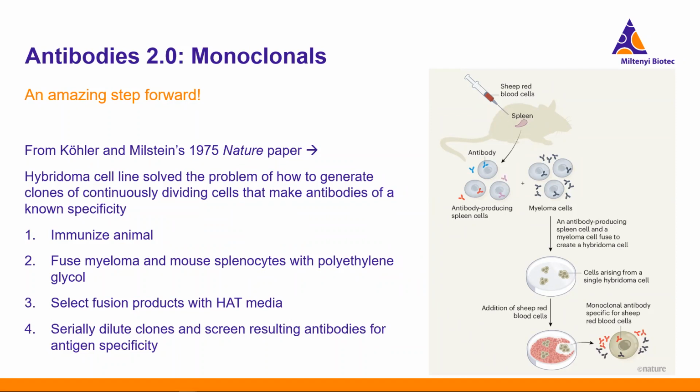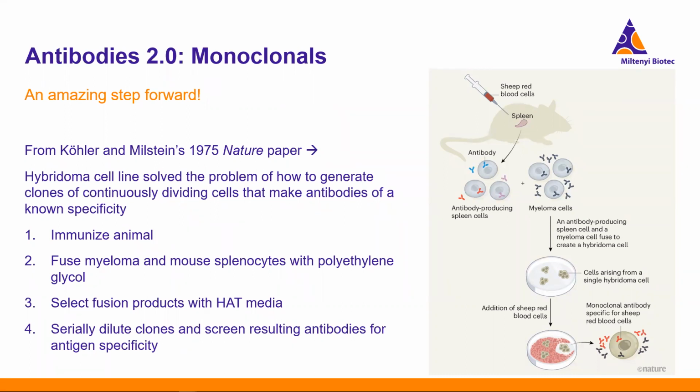You can expand them, you can screen your antibodies, determine which is your best clone, and then you just culture that as a new cell line. And these hybridomas are immortal because of the nature of that myeloma cell. And they're just these continuous little antibody factories, each producing its own unique antibody. And so obviously this was a huge step forward, like a really drastic improvement on specificity and consistency. And it's just way better for relying on a nice, consistent product.